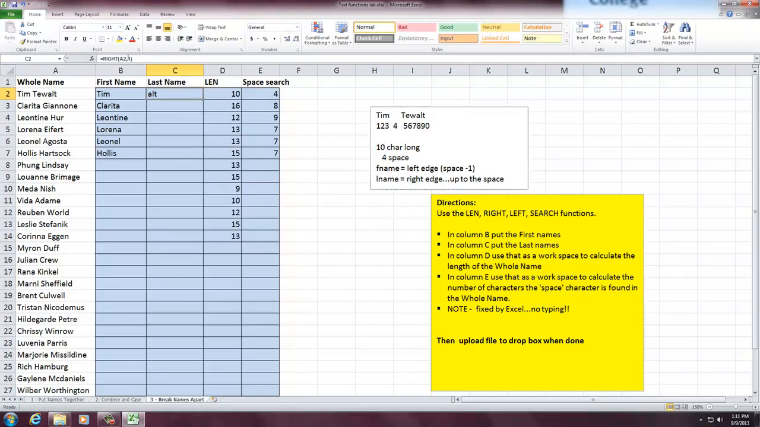Right? But where did we say the last name really is? How can we get this number? Yeah, if I took the length subtracted by the space, right? 1, 2, 3, my last name does have 6 characters, correct? So 10 minus 4 equals that 6. So D2 minus E2, in other words, the length minus where the space is. Boom. Fill that down,